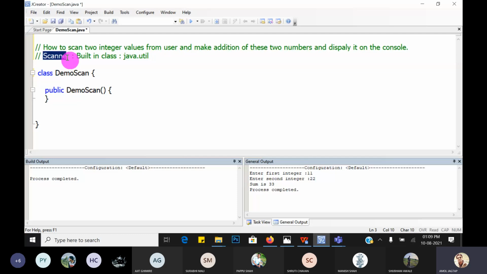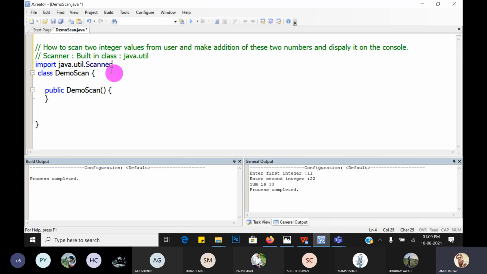By default, the java.lang package is imported, but the java.util package is not imported by default. So we have to import the scanner class by using the keyword import, then java is the main package. Inside that, util is a sub package. In the util package, there is a scanner class.